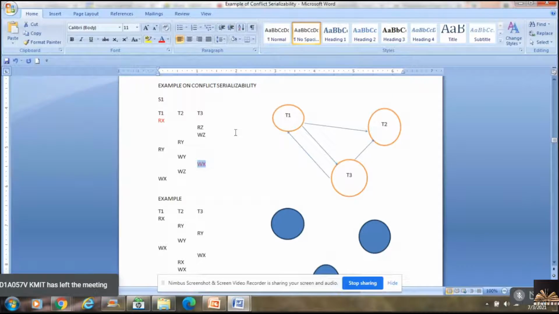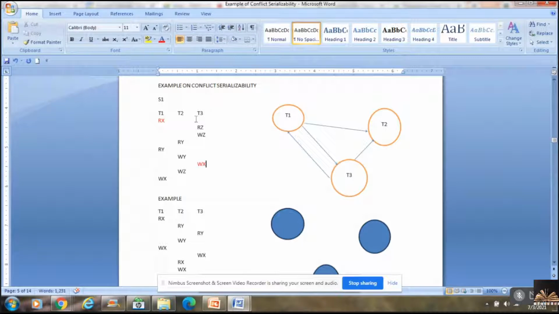Whenever there is a conflicting instruction, you have to draw a directed edge from T1 to T3, because the conflict is with respect to the transactions T1 and T3. Rx, write X. So I am drawing a directed edge from T1 to T3 here. I hope you can see this now.